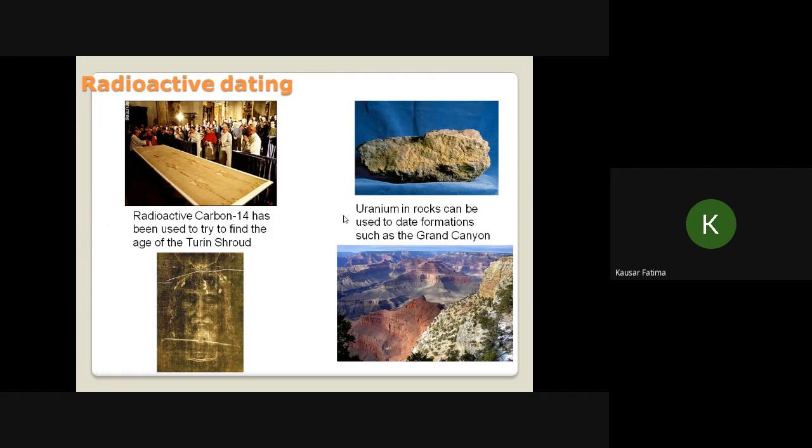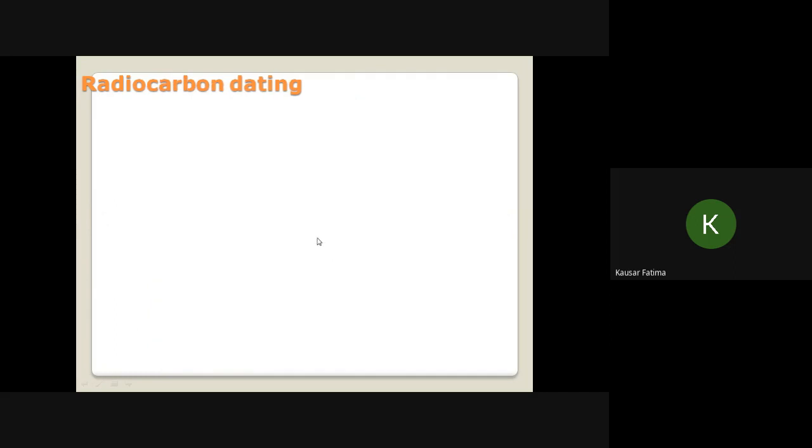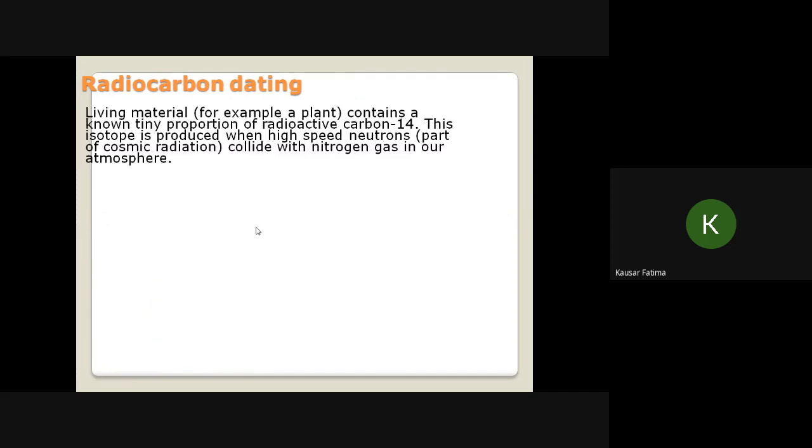Okay, we can use uranium, we can use carbon, and besides this we can use some other radioactive elements. So here, living materials, for example plants, contain a known tiny proportion of radioactive carbon-14. This isotope is produced when high speed neutrons, part of the cosmic radiations,